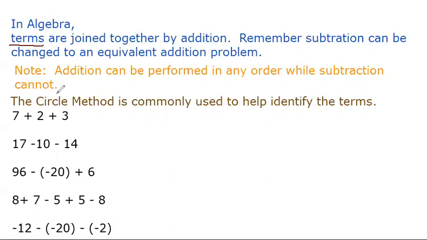And what we do in math is we use what's called the circle method to help identify terms. And the way the circle method works is you circle the first number. When you circle the second number, include the operation with it. And when you circle the third number, include the operation with it. That helps you identify the terms. So there are three terms,